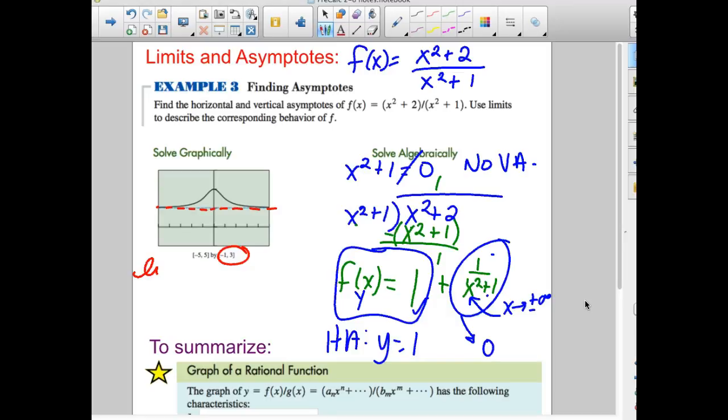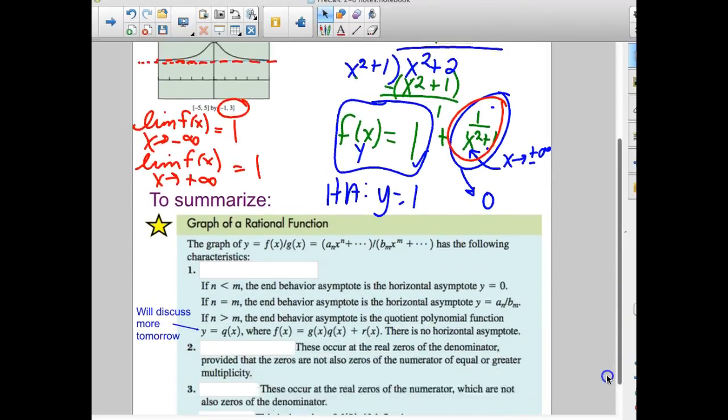So what is the limit as x approaches negative infinity? As x approaches negative infinity, what's my y doing? It's getting close to 1. As x approaches positive infinity, I'm also approaching that 1. But this time I'm approaching 1 from the top on both of them, because this part here will never be negative. I'm never going to be able to come up from underneath it. Okay? So, just to summarize,